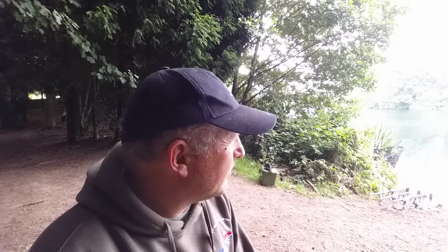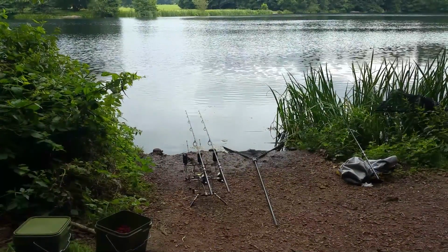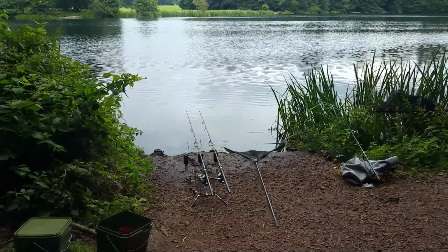The other rods are still on their same baited areas. It's just the rod that was out into the margin I've just took in now and cast over to them fish. I'll come back to you shortly. And we have one. I'd say it's about a 20,